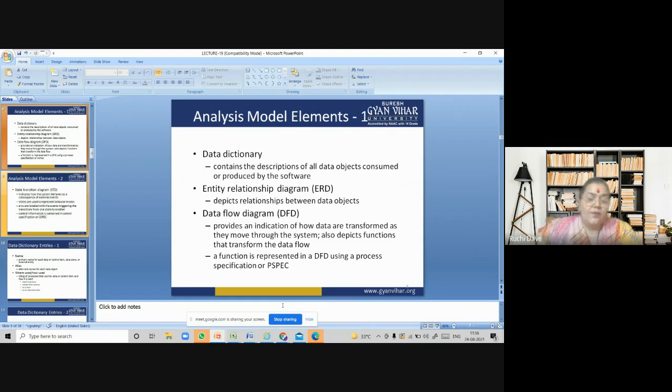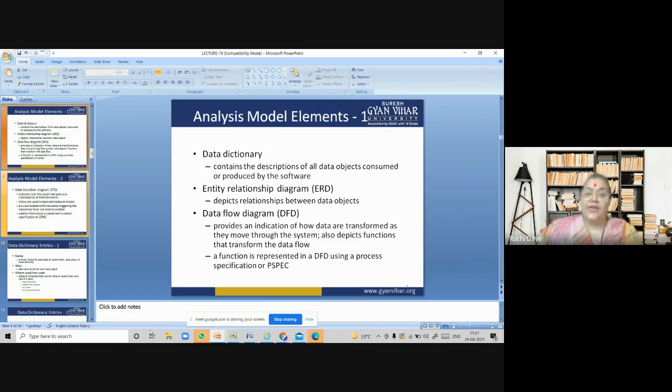Now let's talk about analysis model, element one. As we all have done, you might be wondering why, ma'am, you were teaching DFD, why you are teaching ER, why you are teaching such and such method. Because this is how you will be analyzing the whole project model. This is how you'll be representing to the customer, to the developer, to your team that this is how we are going to develop. And you are keeping the record of everything you are doing in the process. So that is very important.